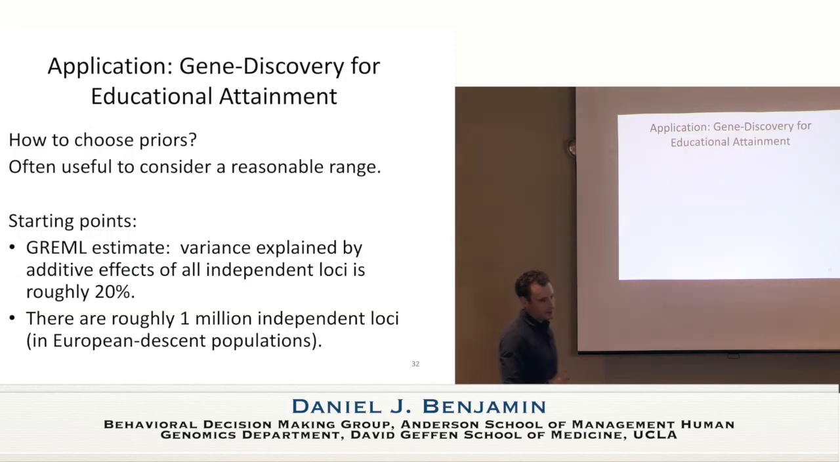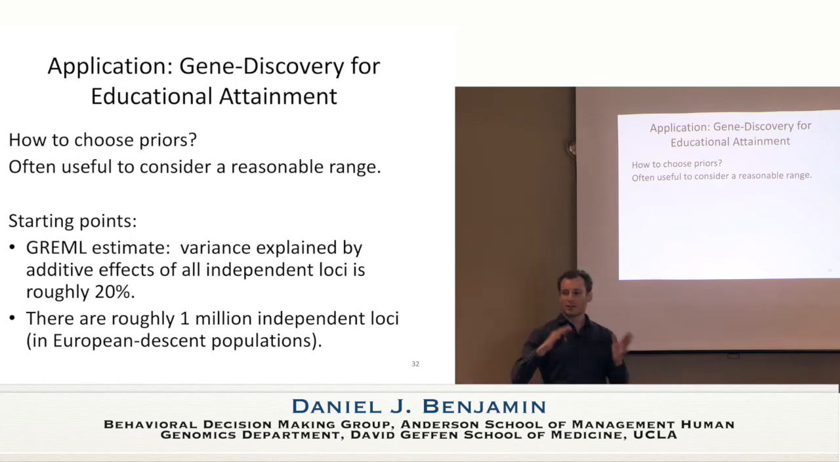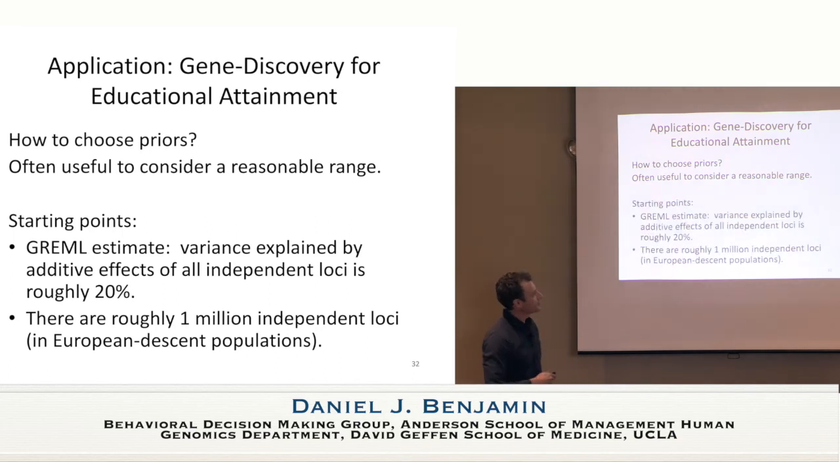OK, so now applying this to genetic association with educational attainment, we need to choose a prior. When you're thinking about priors, it's often useful to consider a reasonable range. Here's where it gets a little weird, that we're just having these two states of the world, an effect or no effect. It would be nice to have a distribution of effect sizes. But in order to give probability numbers to a prior for the 0% null hypothesis versus the 0.02%,